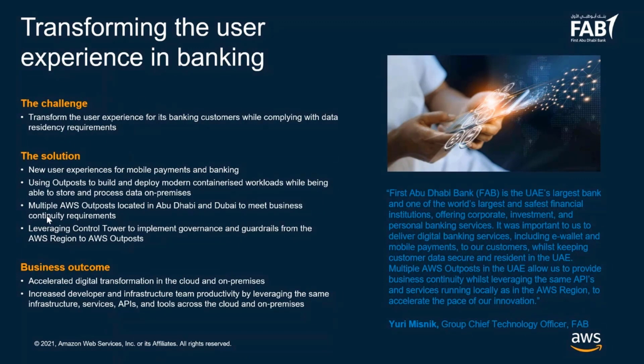And essentially, they wanted to use AWS, and they're using AWS for other use cases. But when they looked at how they could transform their user experience for their banking customers in the UAE, we hadn't announced an AWS region,